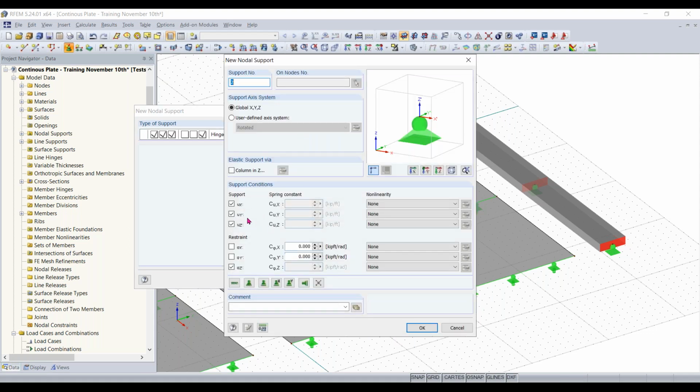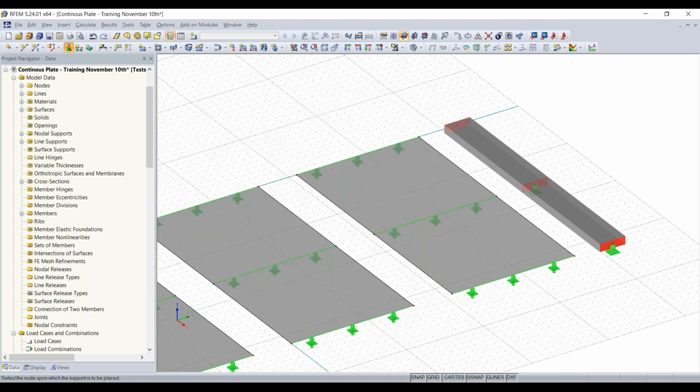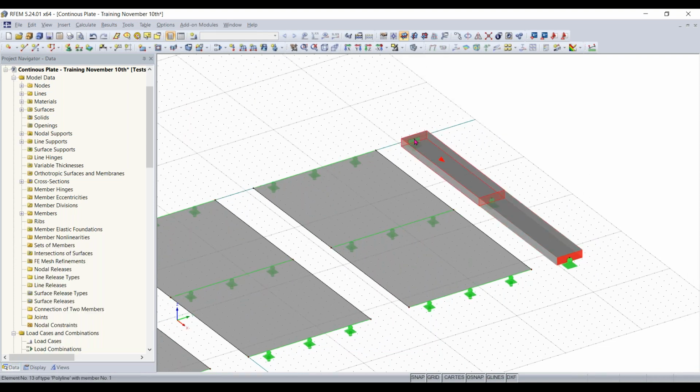And basically this is going to be a hinge support, but I want to fix rotation about the local x-axis. So I'll fix that, and then I'll click OK. And the reason that I fixed the rotation about the x-axis for this beam is because if I didn't and I kept rotation released for all degrees of freedom, the program would think that this beam is rotating infinitely about